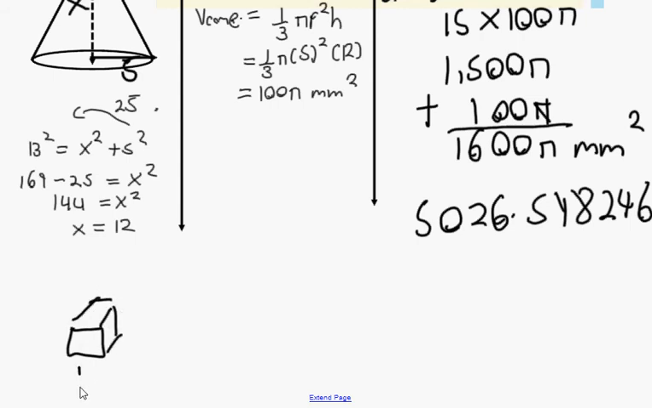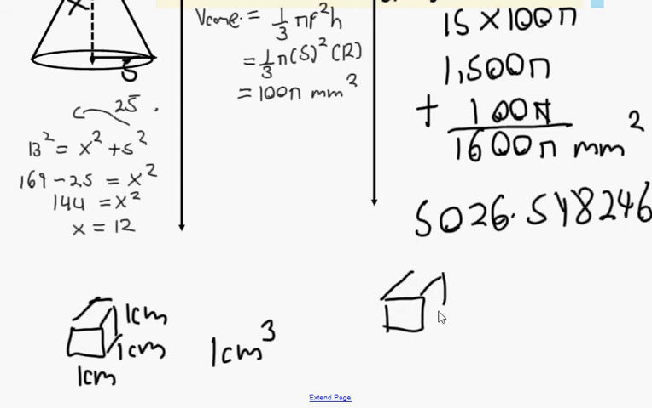If I was to draw the same cube again, but this time I measured it in millimeters, it's going to be 10 by 10 by 10. Okay? 1,000 millimeters. 1 centimetre cubed equals 1,000 millimeters cubed. So if I divide this number by 1,000, I get the answer in centimeters cubed. Okay, so I'm just going to get my last answer and divide by 1,000,